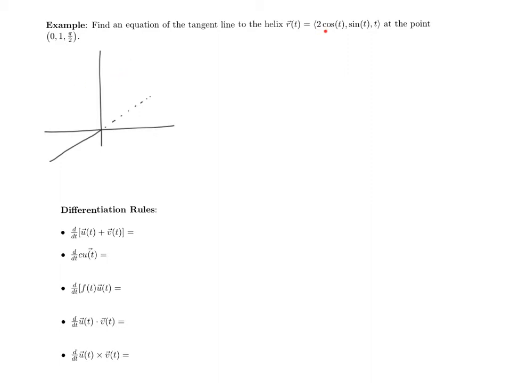Because it's two cosine and a single sine, that's telling us that it goes a bit further out in the cosine direction than it does in the sine direction. So let's sketch an arbitrary representation of this curve. Remember, it doesn't have to be precise or identical to what it's supposed to be, but just give us a general idea. So we are rotating around